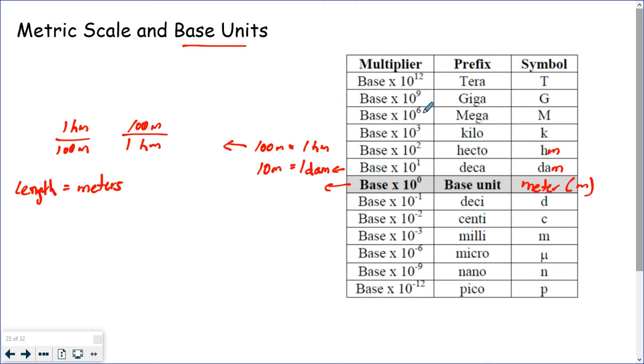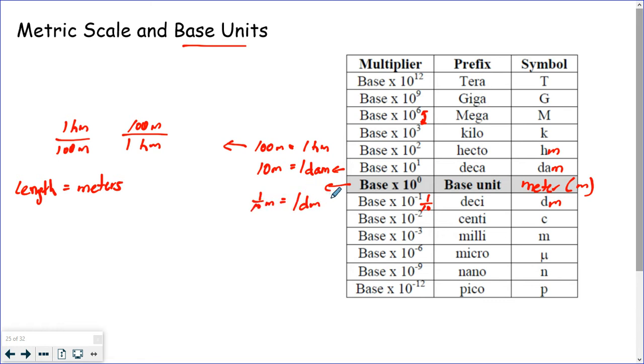So you can keep going up here. I just want to point out one thing here. This is a jump of 3 powers of 10, so the kilometer is 1,000 meters, but the megameter is 1,000,000 meters, and then it goes to 1 billion and then to 1 trillion. So it goes up quickly there. If you go down, this is how you want to look at this. 10 to the negative first power, that's the same as 1 over 10. So a decimeter, a dm, is 1/10 of a meter. So I can write this two ways. I could say 1/10 of a meter